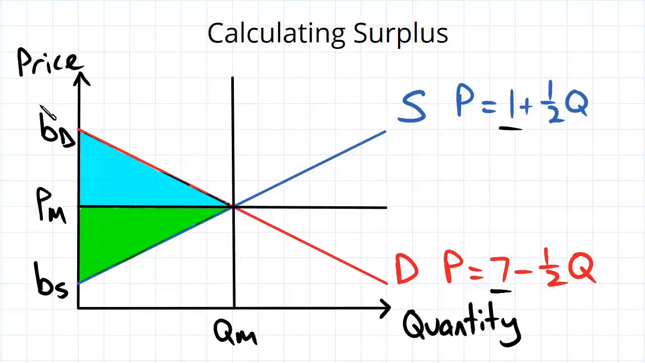So the demand curve has an intercept of 7. The supply curve